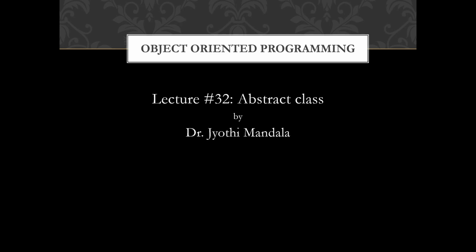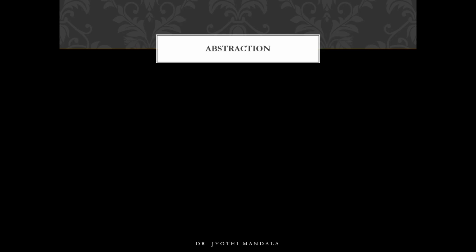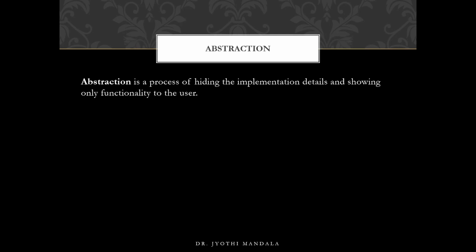Now in this lecture we are going to learn what the use of an abstract class is and how it will be helpful in the inheritance concept. Abstraction is a feature of Java we have already highlighted. Abstraction is a process of hiding implementation details. That means whenever you are using anything, it is not required for us to know how it has been developed, we just use that option.